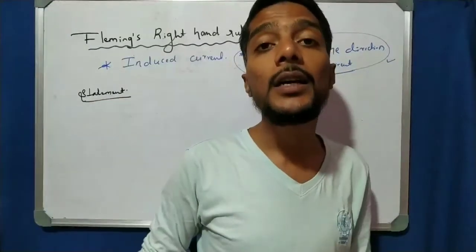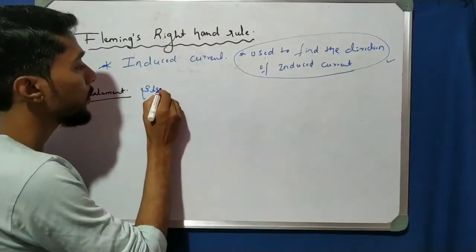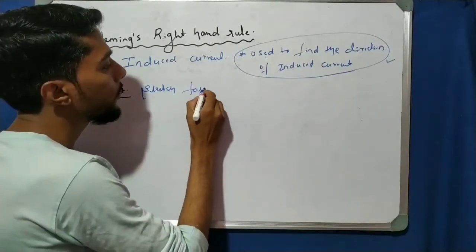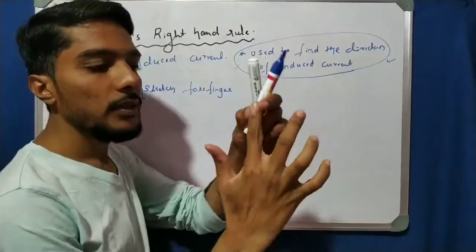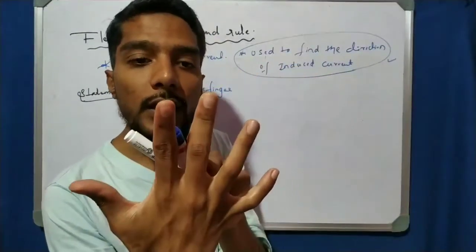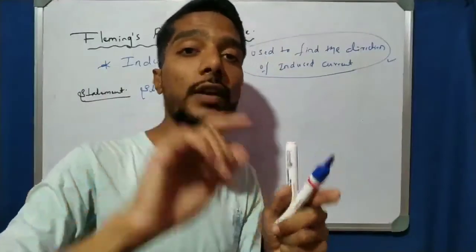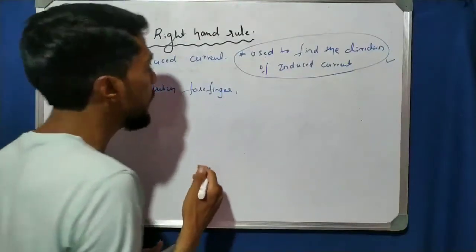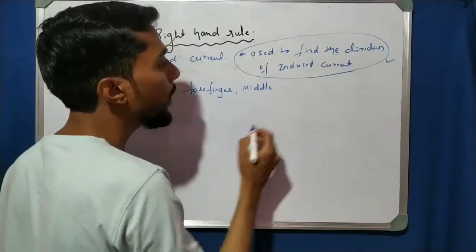State Fleming's right hand rule. Statement: stretch forefinger. See, forefinger means this one, the first finger. This is the thumb, this is the forefinger, this is the middle finger, this is the ring finger, and this is the pinky finger. So forefinger is also called the first finger. So stretch forefinger, middle finger,